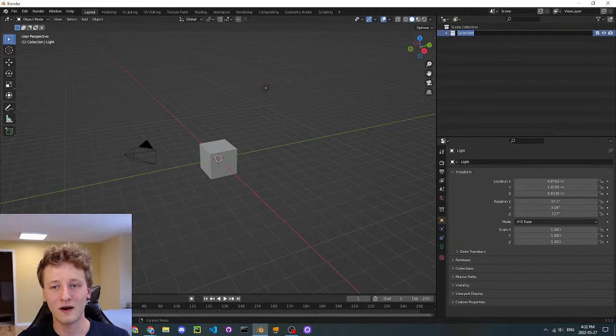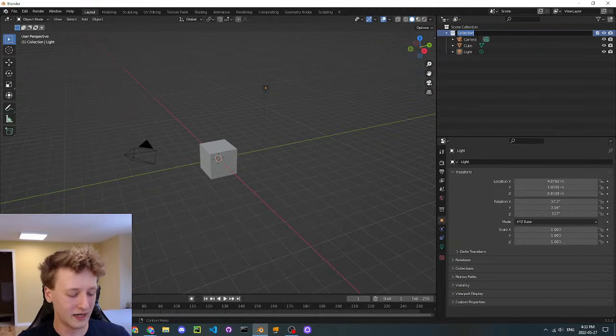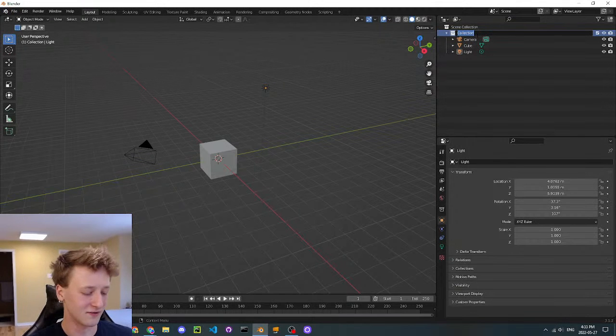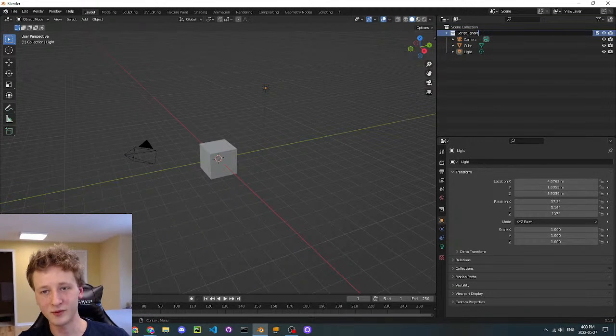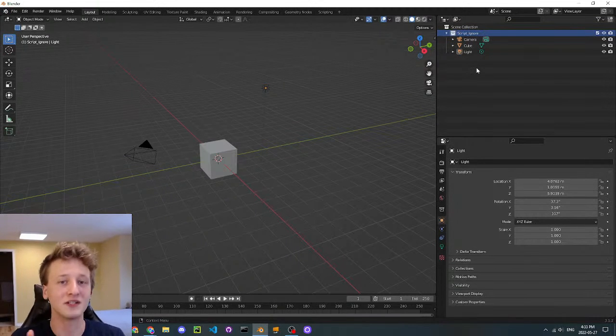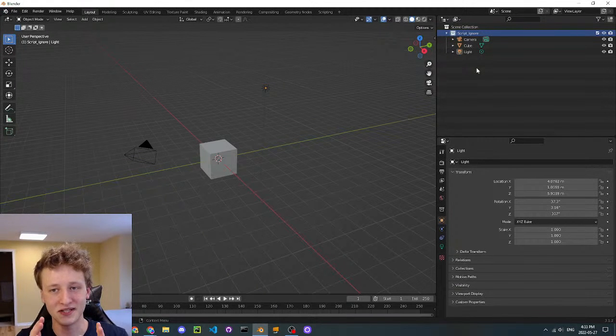First of all, the first thing we're going to do right now, we're going to leave everything that's here right now, and we're going to rename this first collection to script_ignore. Now, it's really important that there isn't a space at the end of this. It's really important that the I is capital and that the S is capital. So this is a collection that's very special. Blend My NFTs uses this script_ignore collection to sort of